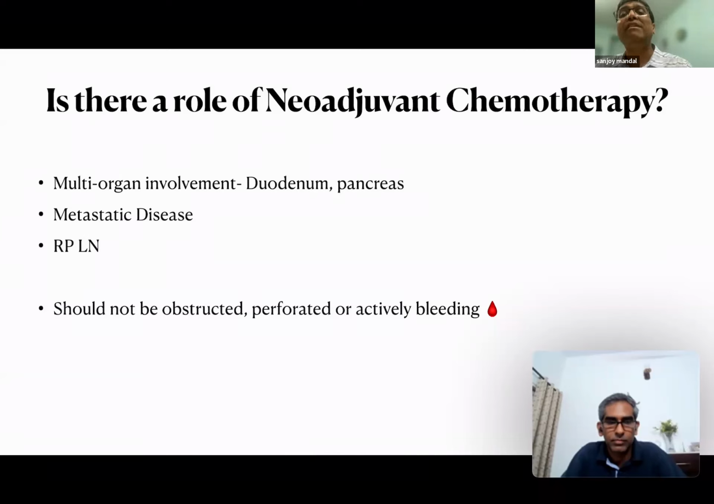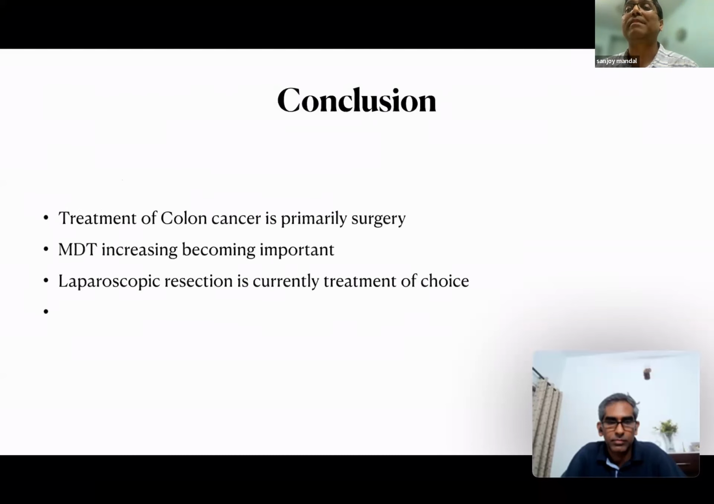Patients who have heavy metastatic disease, they have essentially metastatic disease with significant metastasis, retroperitoneal node involvement. These are the patients who can go for neoadjuvant chemotherapy and downstaging if possible. Important to note that these patients should not be obstructed, perforated, or actively bleeding if they are going to go for chemotherapy. In conclusion, I'd still like to say that treatment of colon cancer is primarily a surgical disease, though